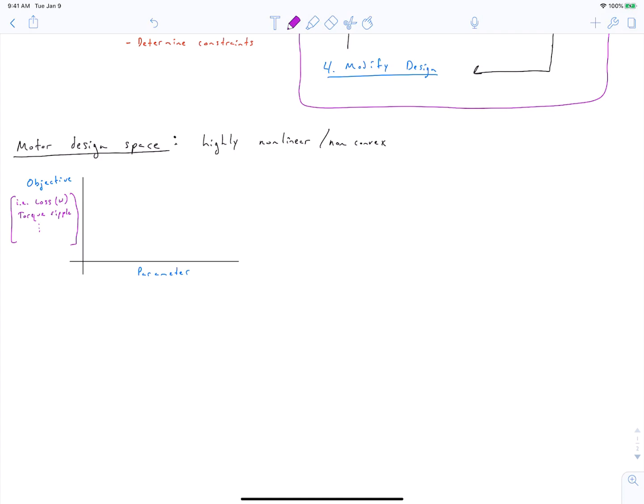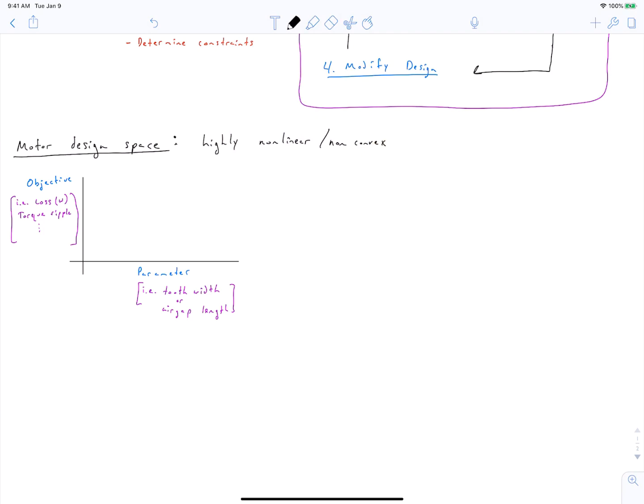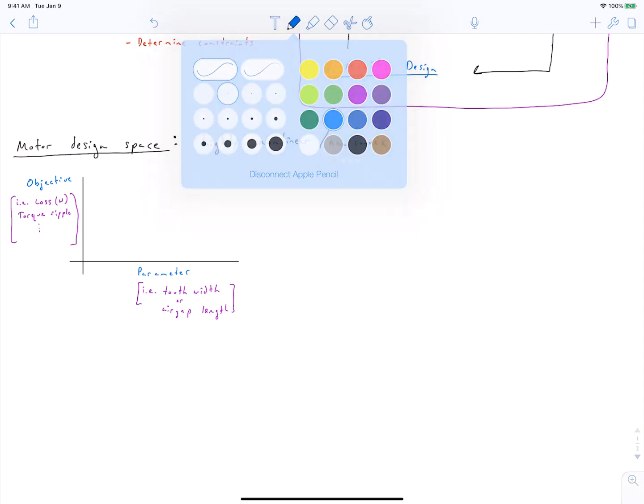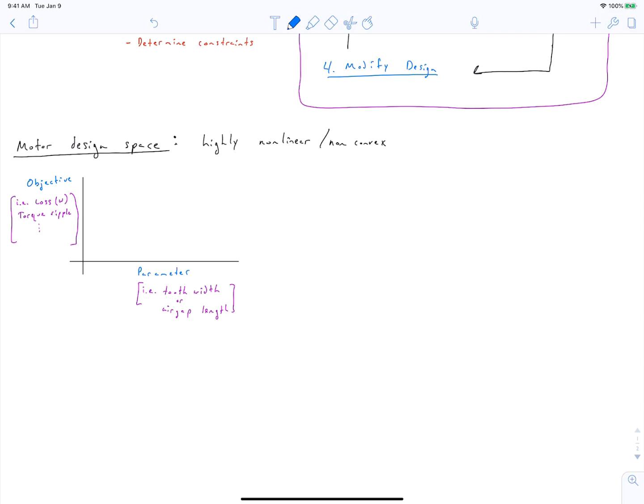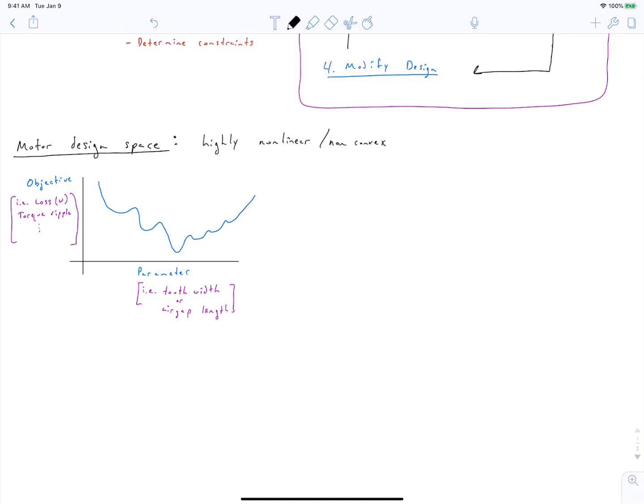So consider that we're plotting one objective, whether this is loss or torque ripple or what have you, as a function of a parameter that we are varying. And the parameter is typically some geometric aspect. So maybe this is a function of our tooth width or our air gap length. And remember, this is just a hypothetical plot. And so what we'll find is that the motor design space is highly nonlinear and non-convex. What does that mean? That means that if we look at our objective function, it's going to look something like this. And you can see that this function is a particularly nasty function to try to optimize